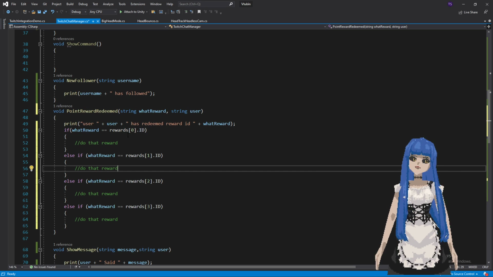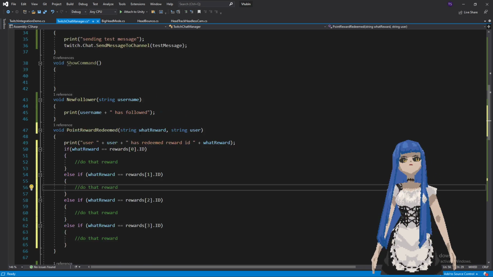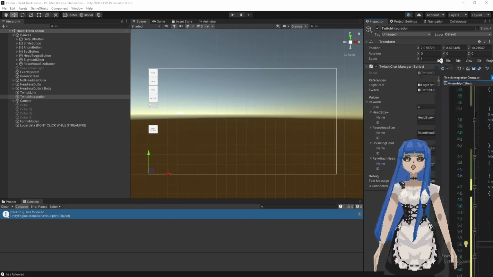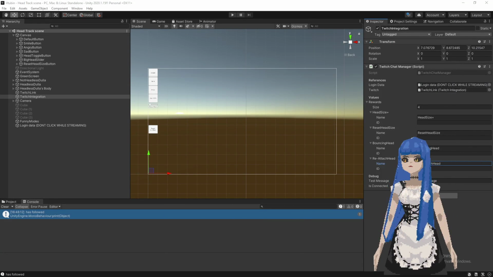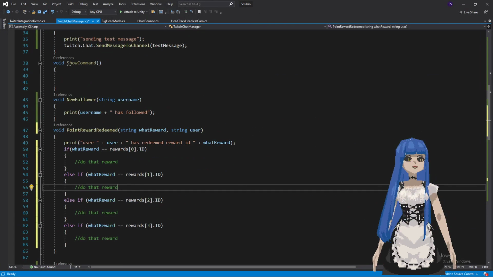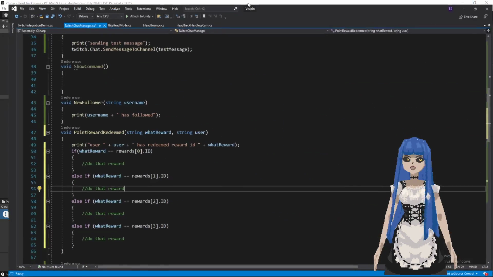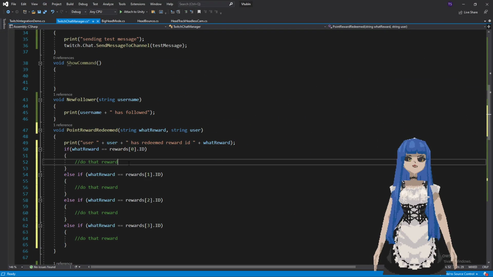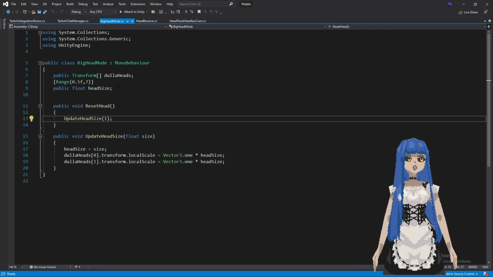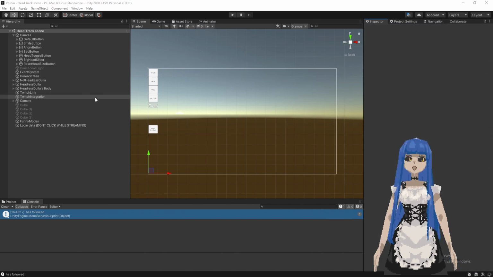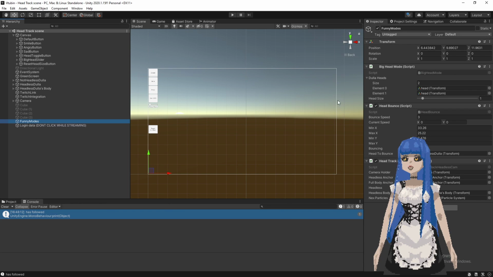Alright. Yeah, so I guess I really didn't need to put their names in there. I could have just made this a list of strings. But it's more for organization's sake, just so I can have this here to compare and know easily where to put the numbers once I've gotten them. So, it is head size plus plus. So now this is where we need to start linking up with the funny modes script, or the funny modes object here,